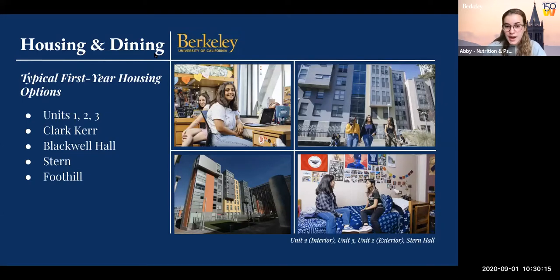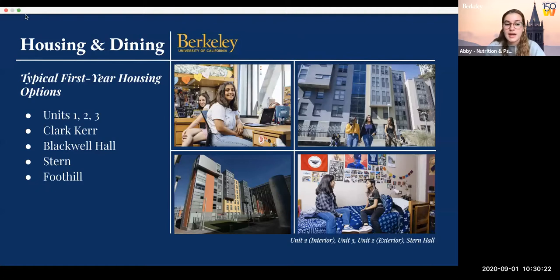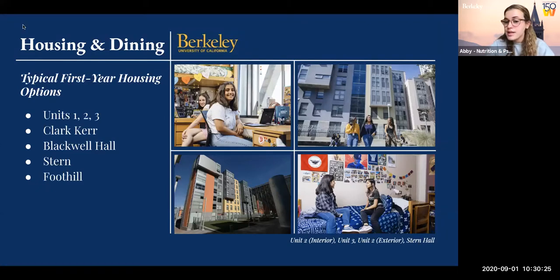I know certain floors do have gender specific, gender identifying people, so you can definitely access that if you're interested. But these are, I guess, the typical dorm experience you would think of with that roommate and the shared bathroom experience. There are mini suites on all these units, so that would mean that you have different roommates and then you share one bathroom. So maybe there's 2 rooms with 2 different roommates and you share one bathroom, a little smaller, a little more space for you and your roommates to share.